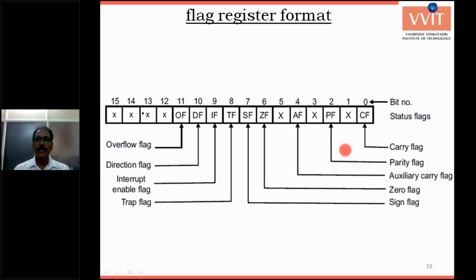If there is any arithmetic operation, for example, AL is one 8-bit and BL is another 8-bit, when you sum these two 8 bits, we get a result that may be 8-bit or 16-bit. If 8-bit, there is no problem, no carry is generated. If more than 8 bits, a carry is generated and set in the carry flag. Similarly, for subtraction, if a larger number is subtracted from a smaller number, it is possible with a borrow, and the borrow is set in the carry flag. Sorry, these flags are divided into two parts.